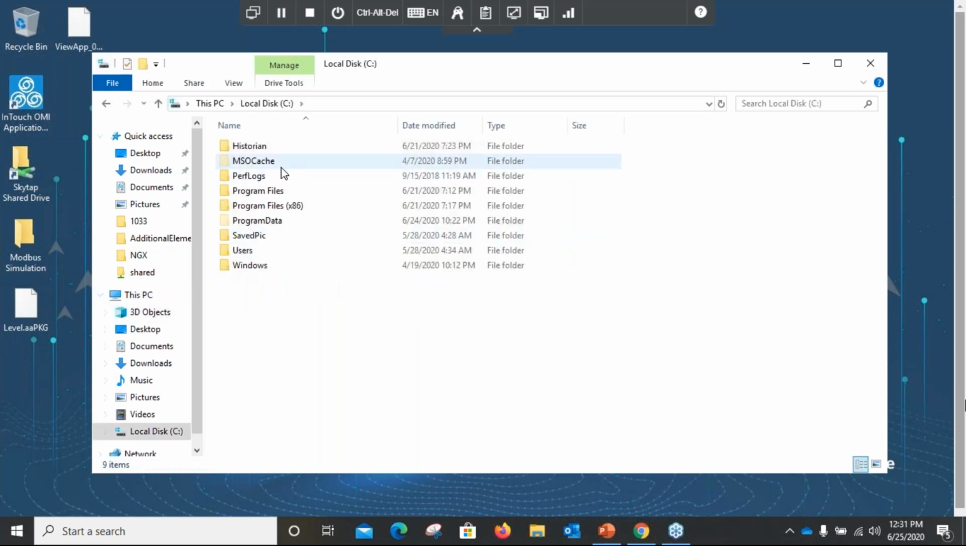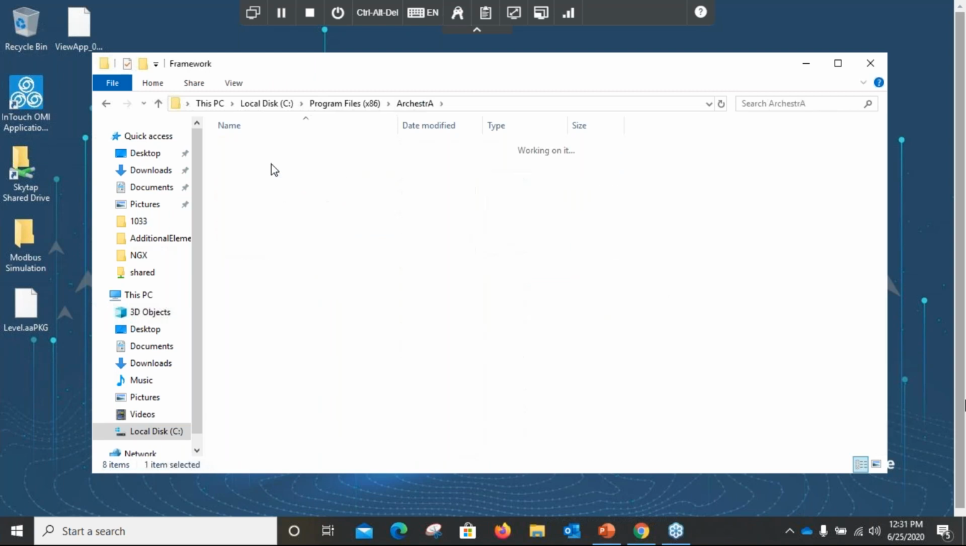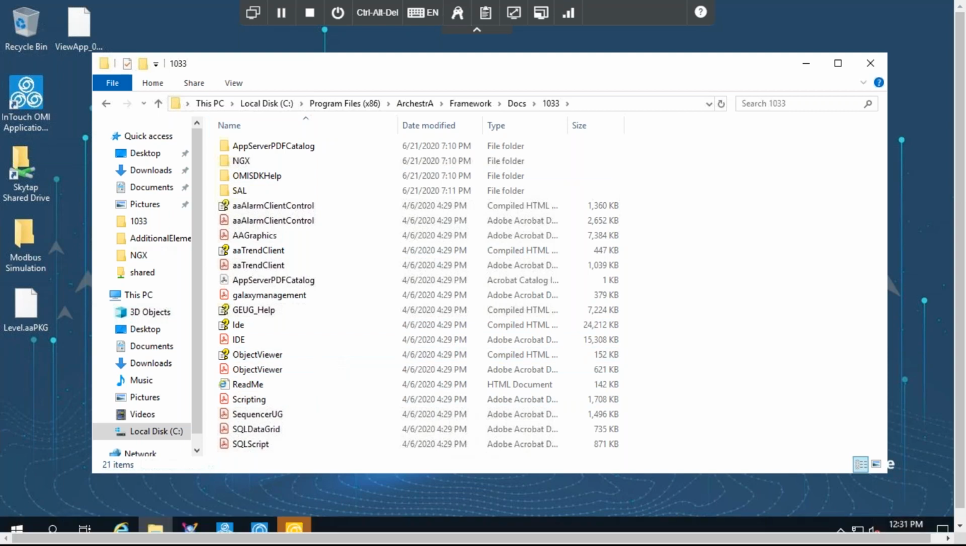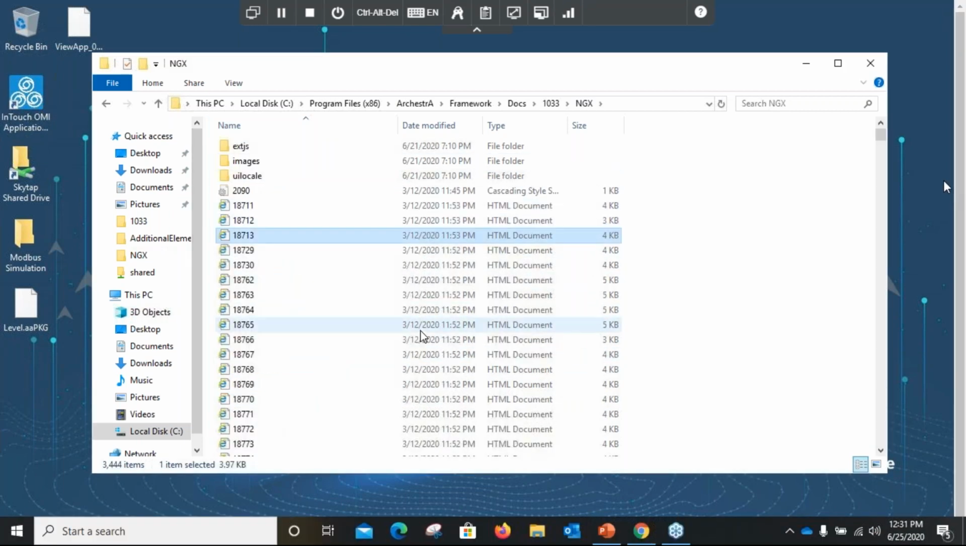By default, it's Program Files x86, Orchestra, Framework, Docs. And in Docs, it's only one, then 33, and here it's a very good documentation for you. Now, the document that I'm searching for alarm application is ngx. Go for index,